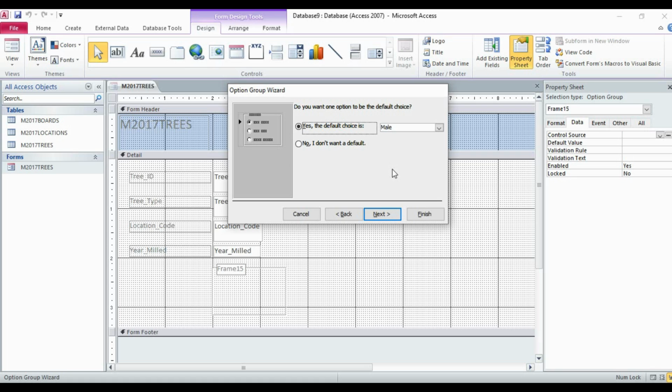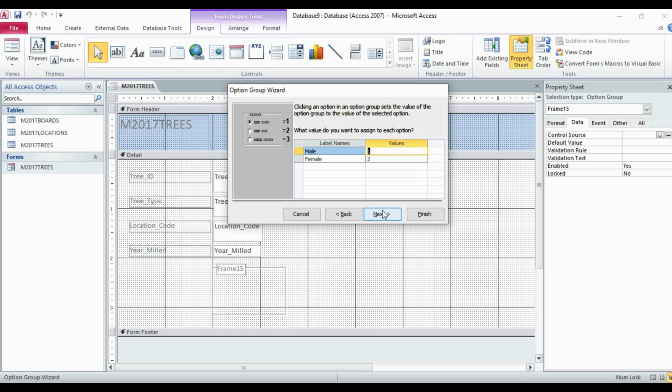So if you want one option to be checked by default, then you click on yes, and then you can choose which option you want to check. For example, I want male to be checked by default. If you do not want it, you can click on the no option. I'm choosing yes, then go to next.